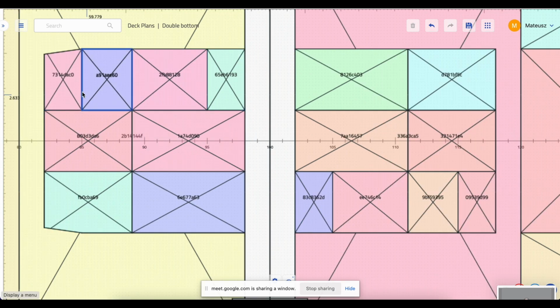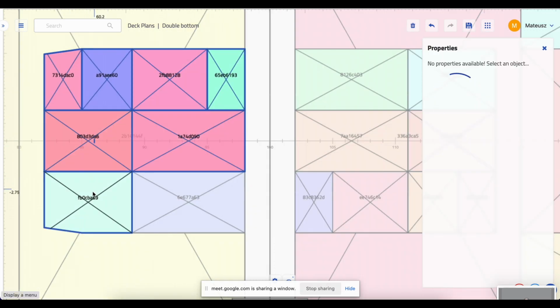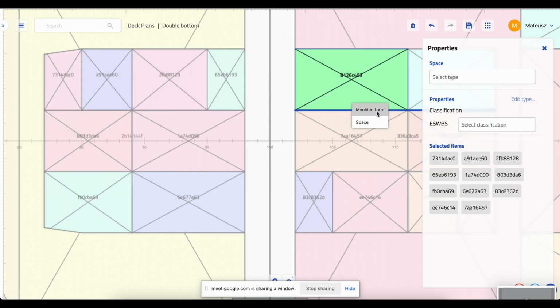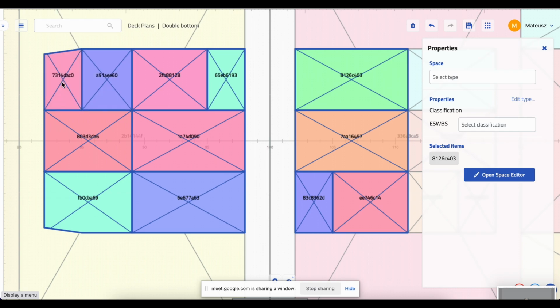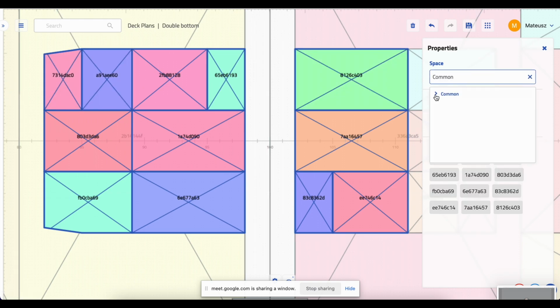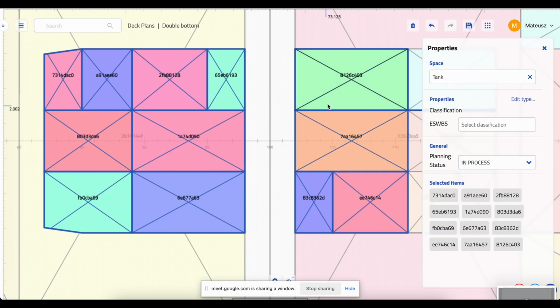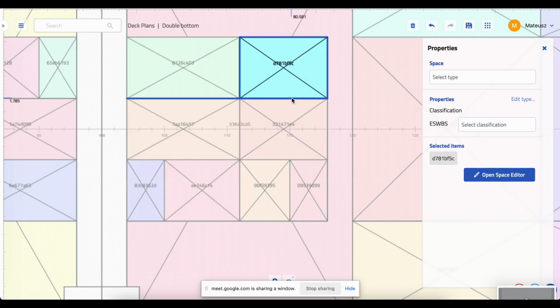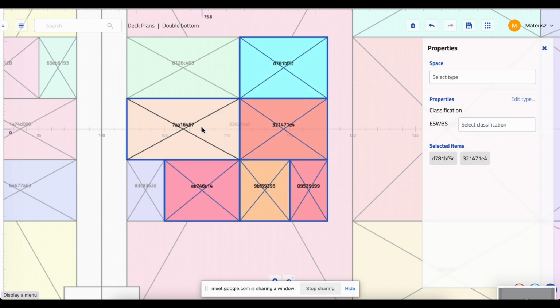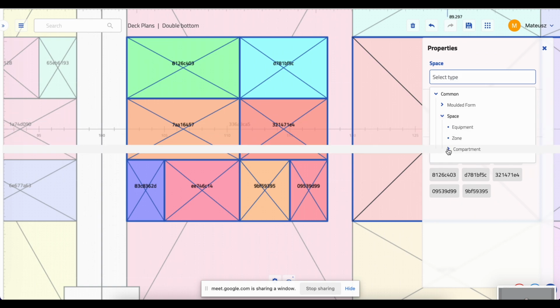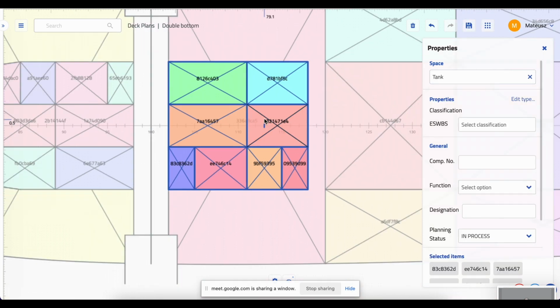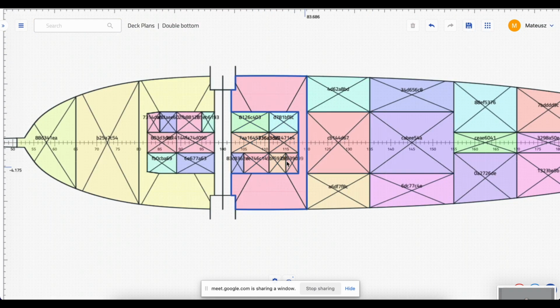And now I will zoom in to select this more dense area with smaller tanks below the engine room. Sometimes when I click in the wrong place, it gives me a drop-down menu. This works the same as it worked for the molded form. So if the editor doesn't know what we actually wanted to click, it gives us a hint, a drop-down to select. And when we hover on certain items, we can see what has been detected. Yes, we go for tank. So all of these spaces have been assigned as tanks,